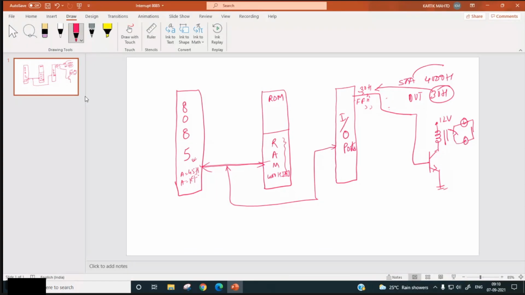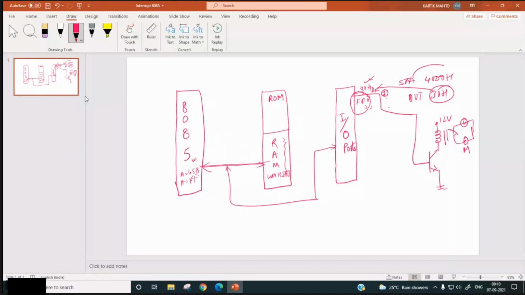So if the processor wants to turn on this motor M, what is the processor supposed to do? It will out 1 at this pin. So the port address of this pin is 30H, and suppose this is the D0 pin of port 30. So it will do what? It will out 01H on this,